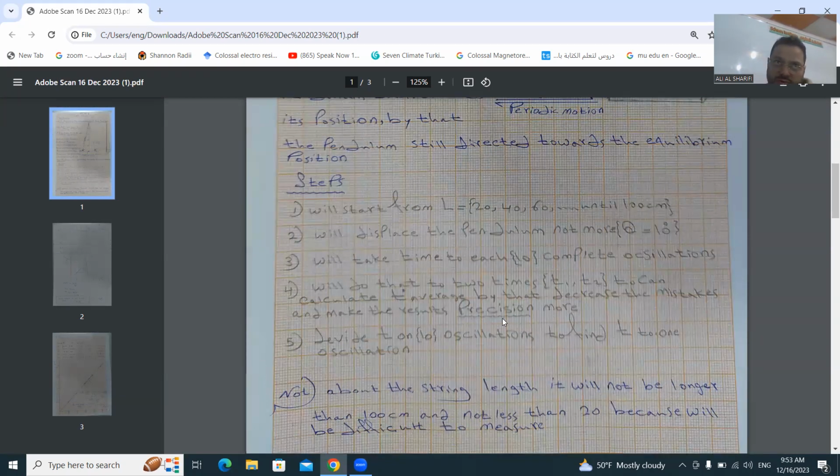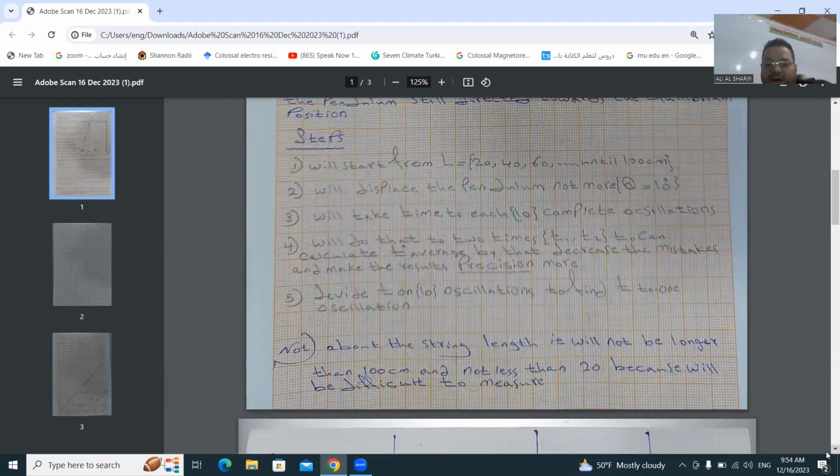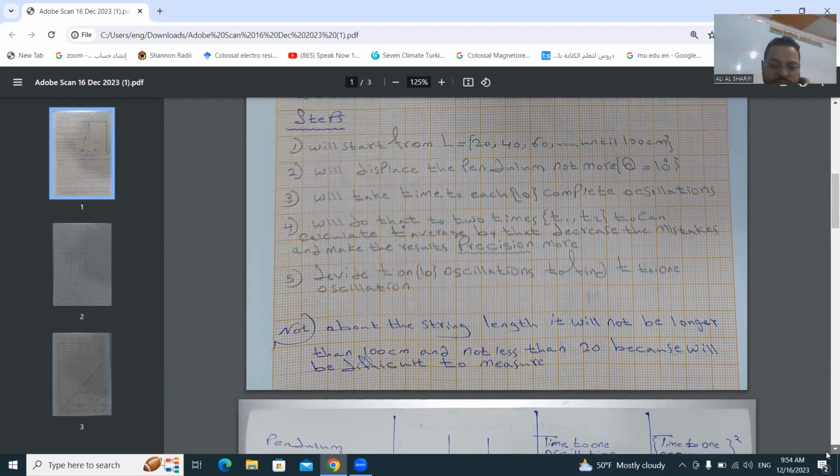To be sure, we can take this temperature many times, and after that take the average to get the specific temperature of this patient. Then divide by the 10 oscillations. What does that mean? Because we need the period for 1 oscillation. And that will be clear when I use the column, because I need T square, not just T,